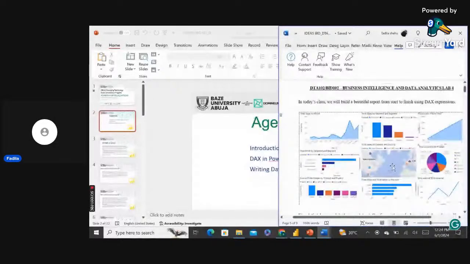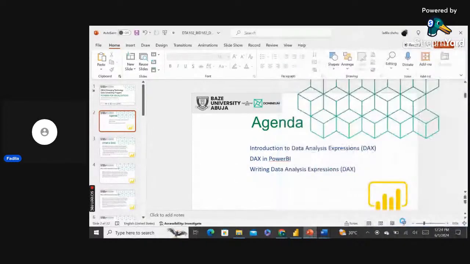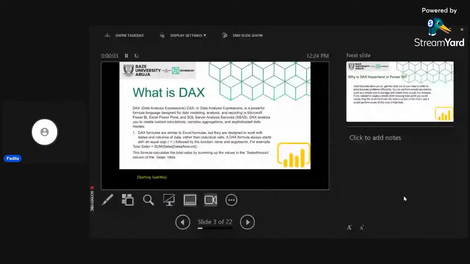So anyway, first things first, let's come back here. What is DAX? I've been saying DAX, DAX, DAX. Data analysis expressions. Anyway, in data modeling